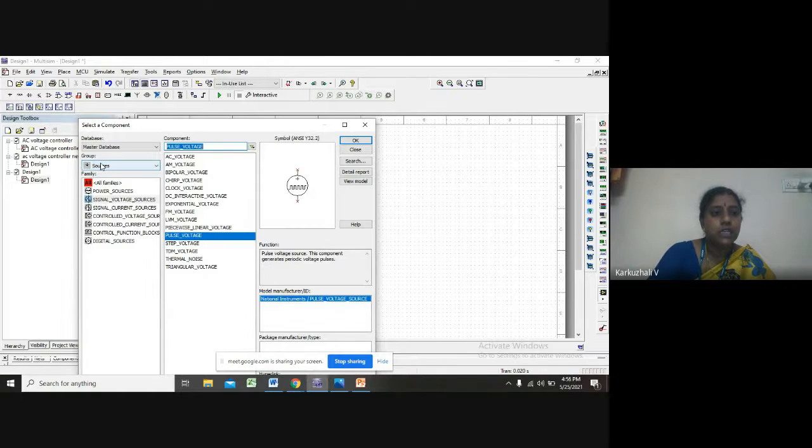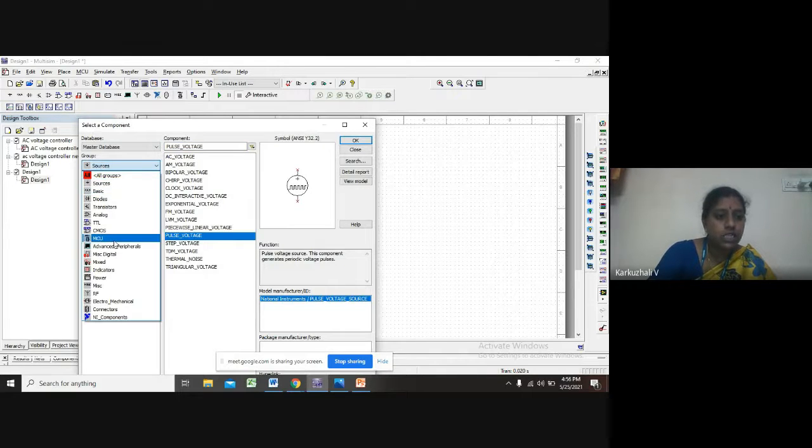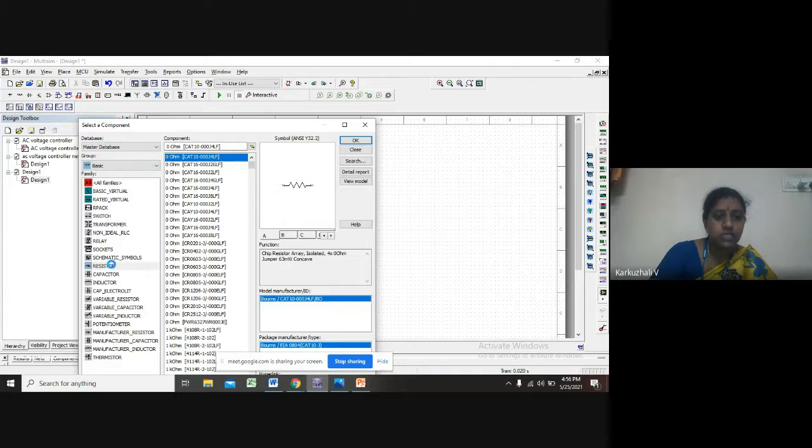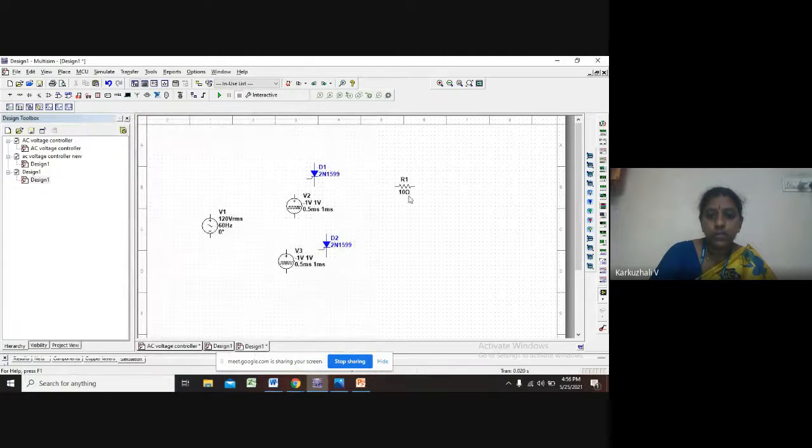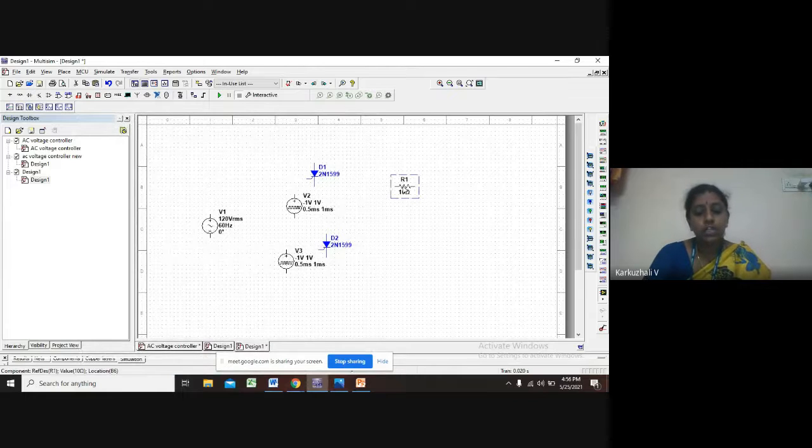The next one is the resistors. So just go and change the group. I want resistors. Okay, so basic. So basic resistors of 10 ohms. So 10 ohms is the basic thing. So I just select from here the 10 ohms. Select 10 ohms and give OK. I'll show that you can cut, copy and paste, because for the pulse generator you require 3 more resistors.